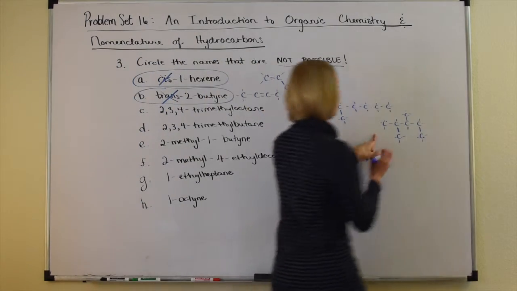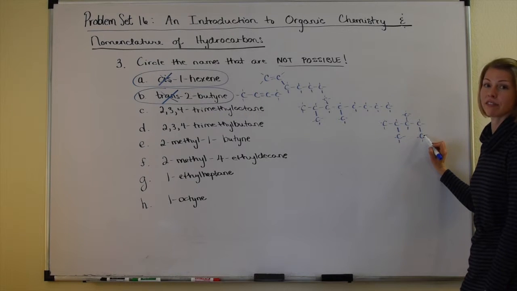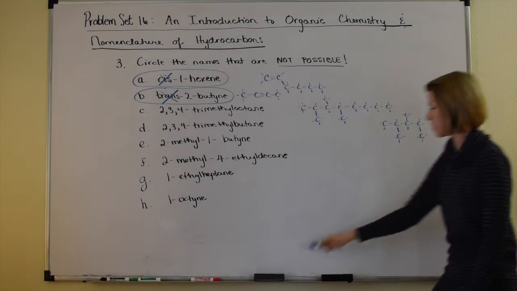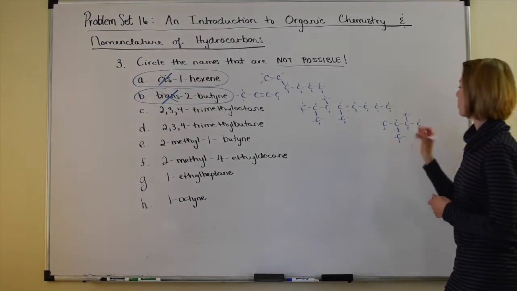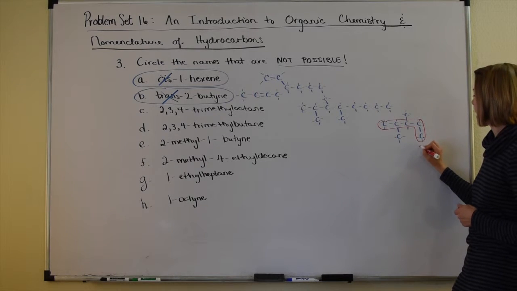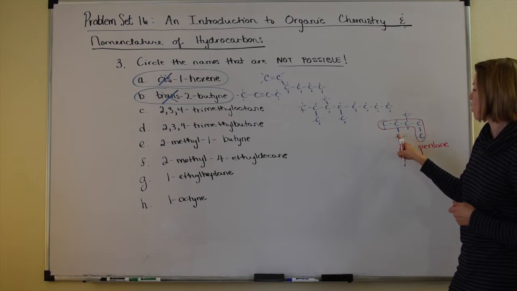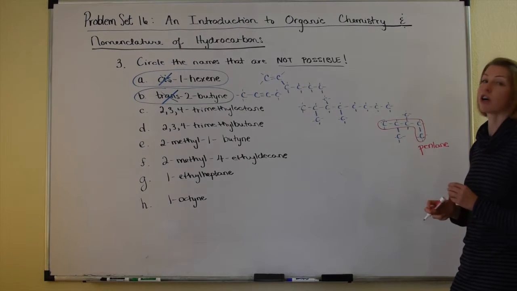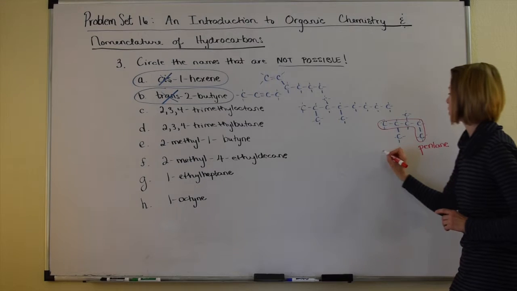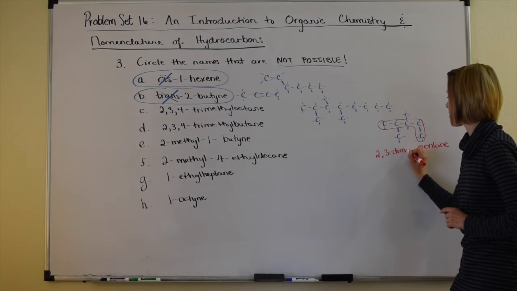The longest chain here would be 1, 2, 3, 4, 5. This would not be a branch group. This would be part of, in fact, let me use a different color here. This would be part of the parent chain. This would be a pentane chain. It would have a 1 carbon branch at the 2 and a 1 carbon branch at the 3 position. So this would be a 2, 3 dimethyl